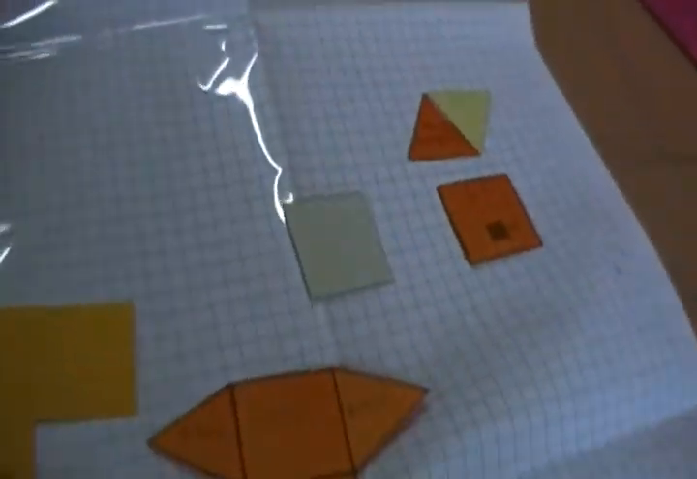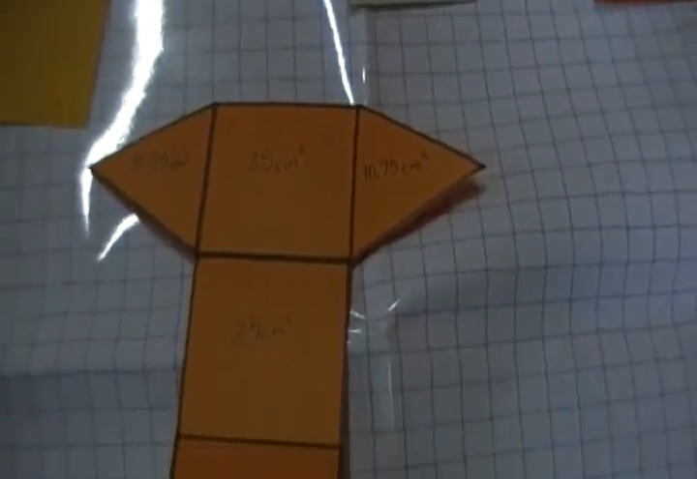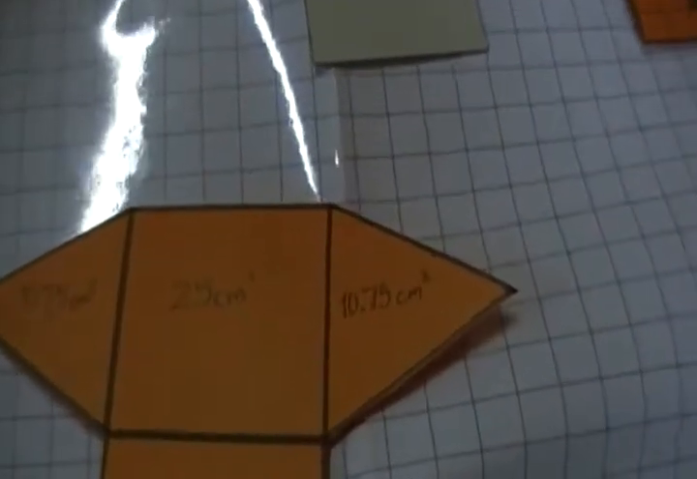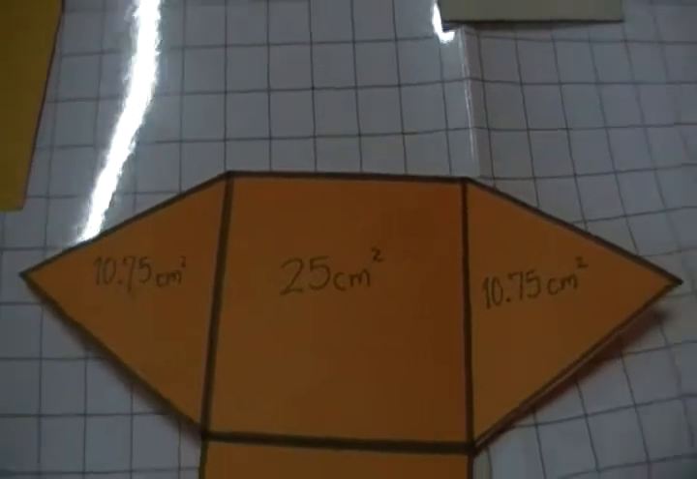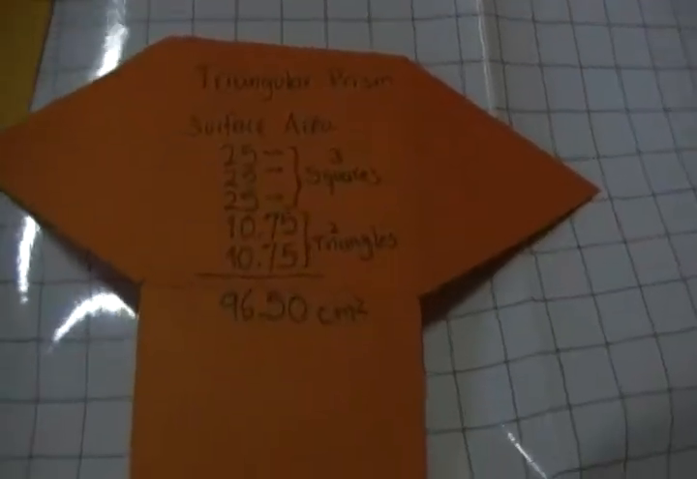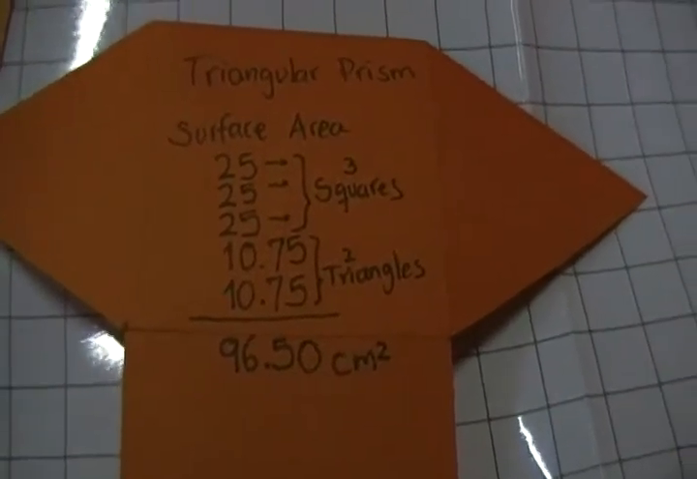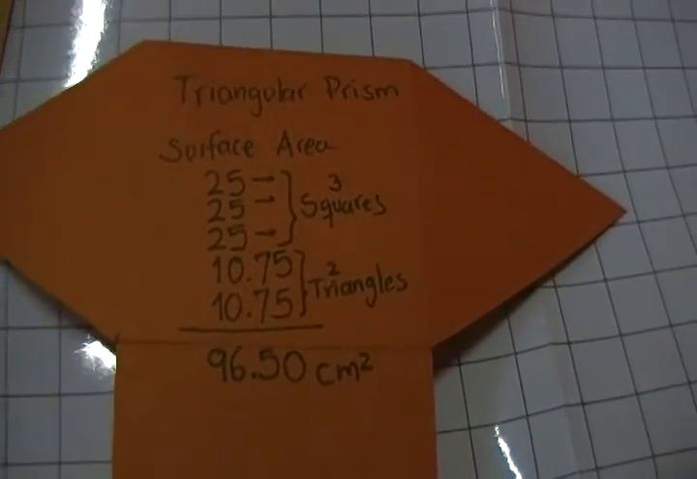produces this triangle. So in order to get the surface area of this triangular prism, we basically put together the area of the 3 squares plus the area of the 2 triangles to get a result of, as you can see here, 96.50 square centimeters, since we are talking about area. Now, for the triangular